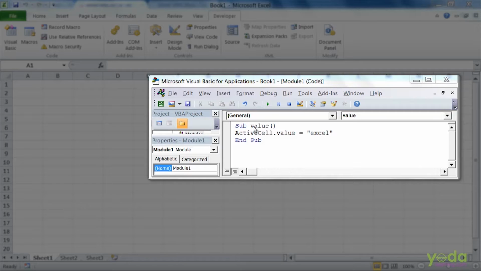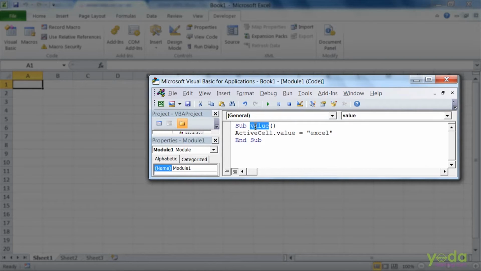It should not contain periods, mathematical or comparison operators. It should not exceed 255 characters. It should be unique within its scope. It should not be the name of an existing VB method, function or property. So you should be cautious while assigning a name to any procedure.